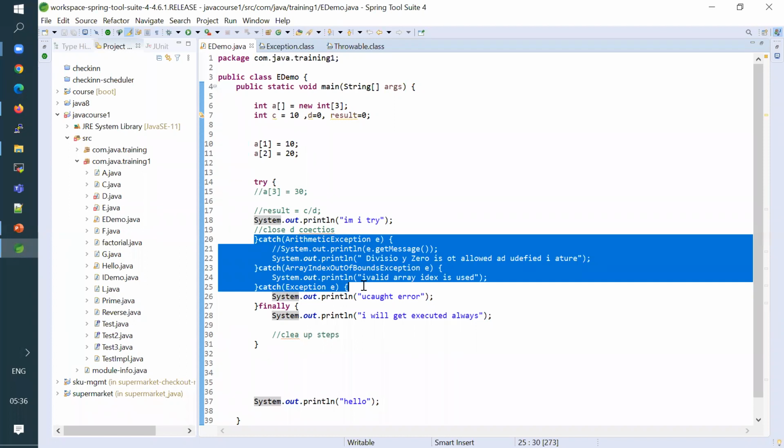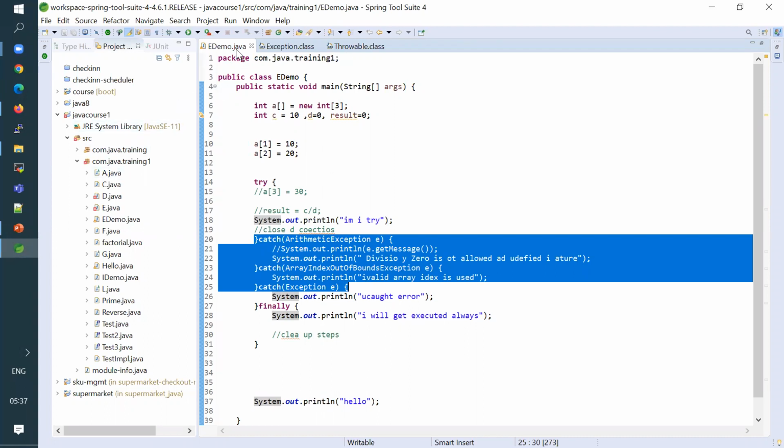And we also spoke that if there are like 20-30 lines that you wrote in your try block and there is an error on the 10th line, the rest of the statements after that line will not be executed, right? But whatever you wrote in the catch and finally will be executed accordingly. Okay, so this is what we basically saw in our last class.